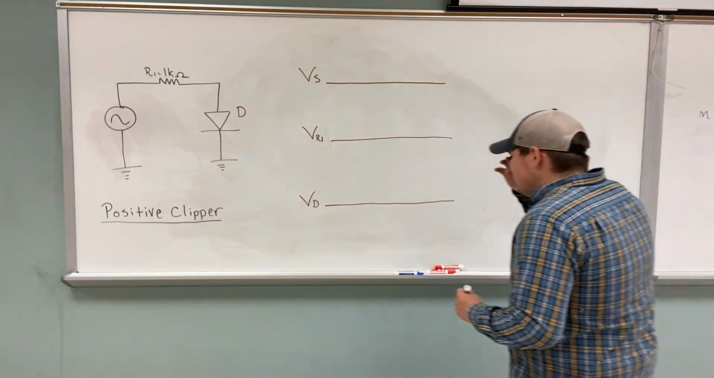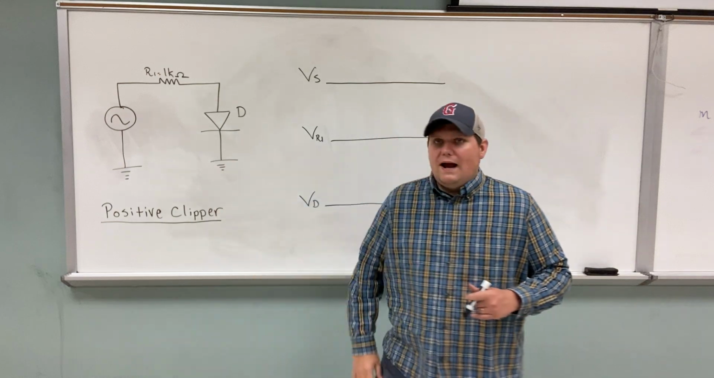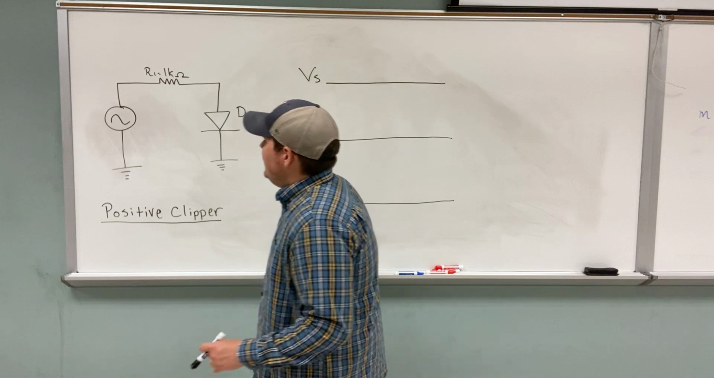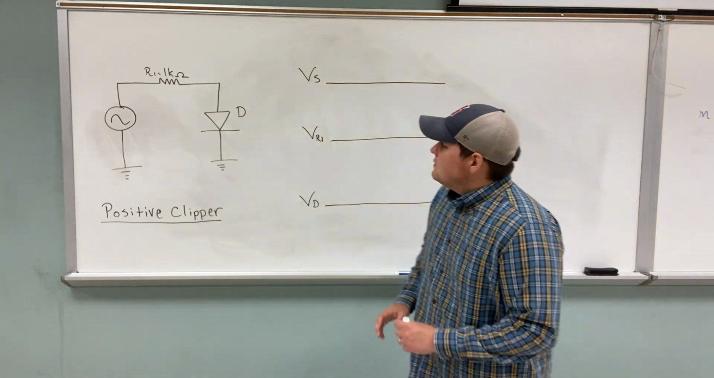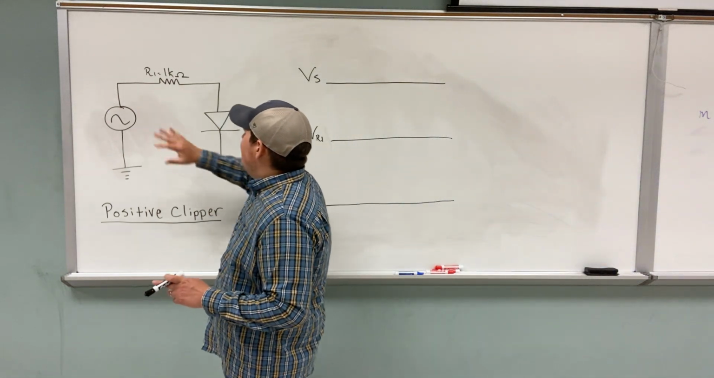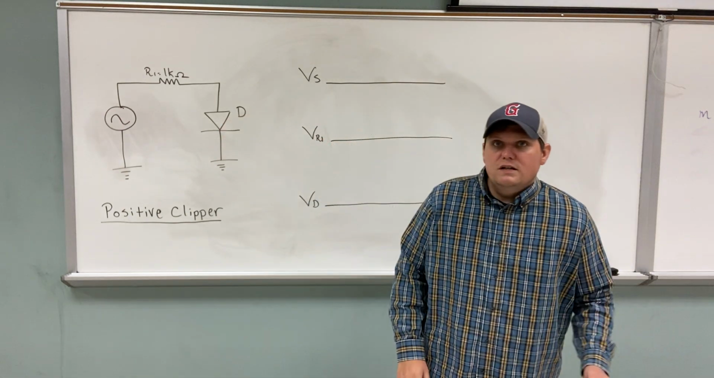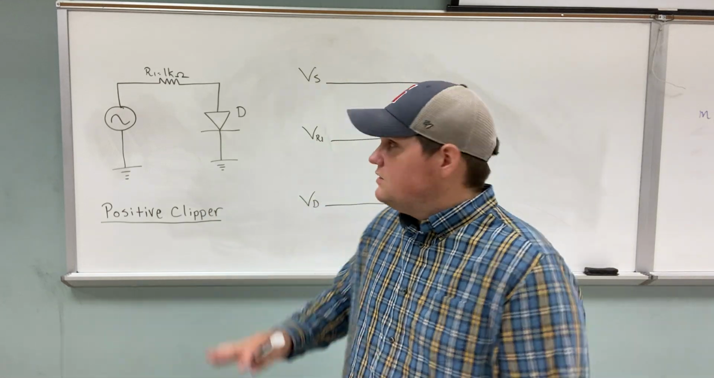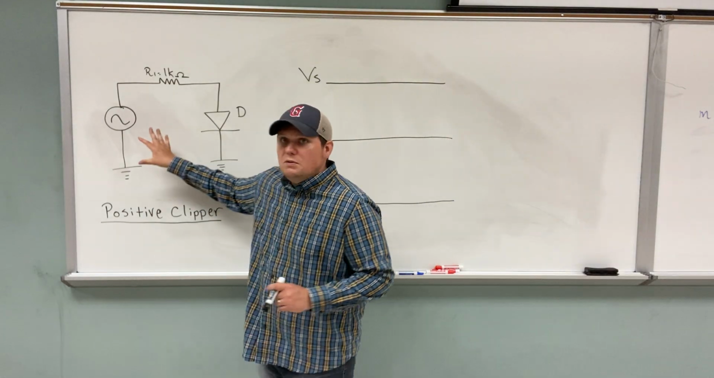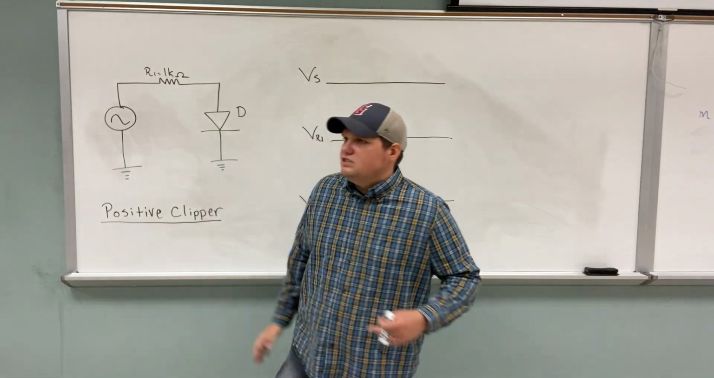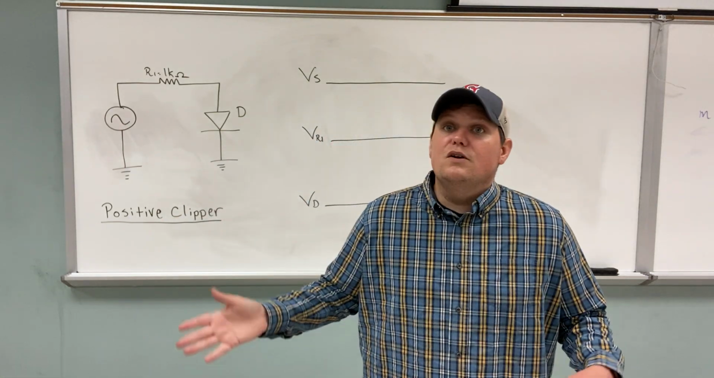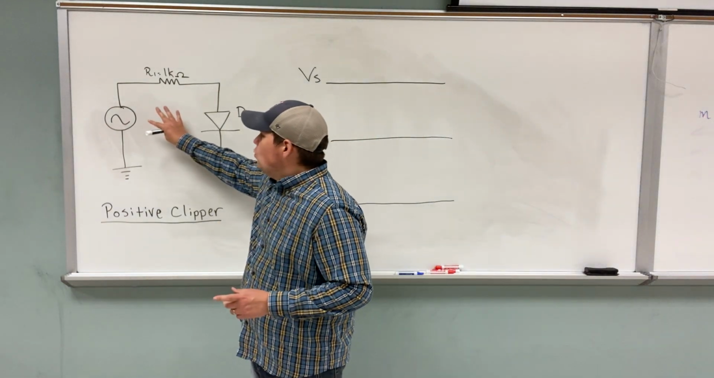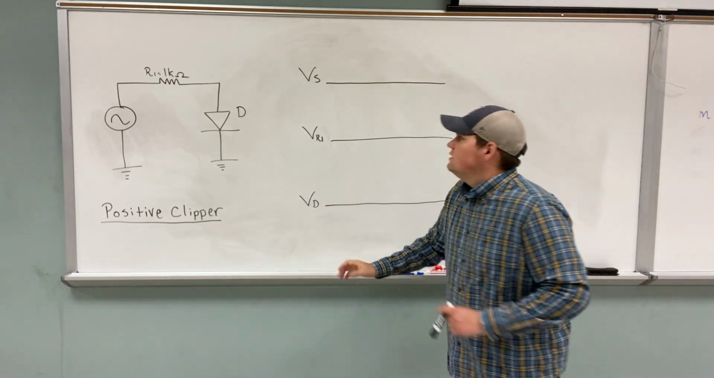All right, so let's talk a little bit about this circuit. Remember, in the previous video, we said that this is our AC waveform. In this circuit, all we have is one resistor and one diode. In the next series of videos, in a couple of days, we're going to get a little more complicated, but this is just a basic resistor diode circuit. What we want to look at is what this would look like